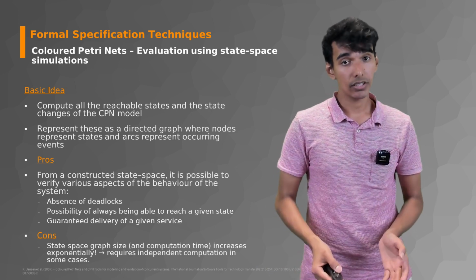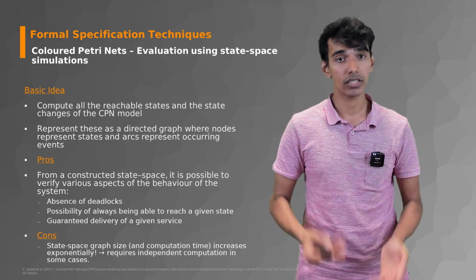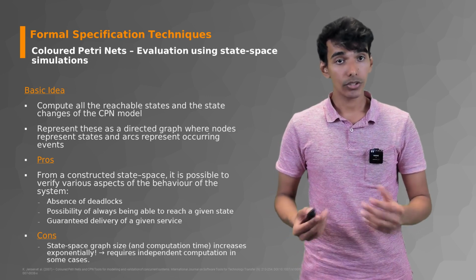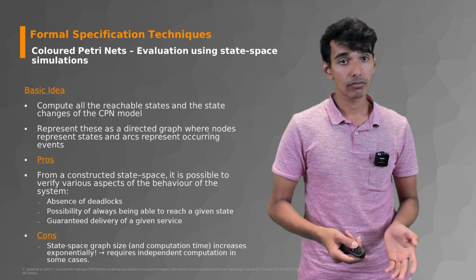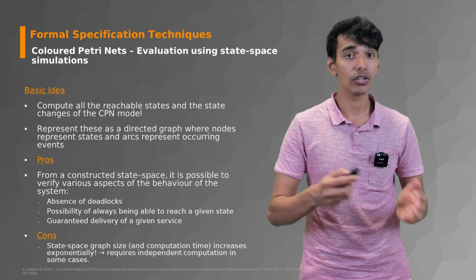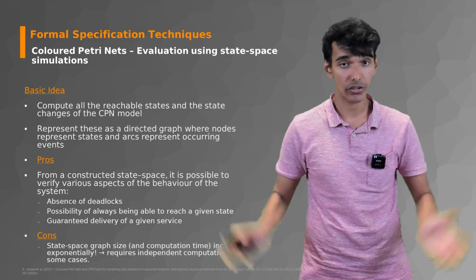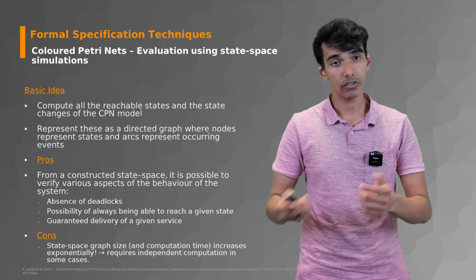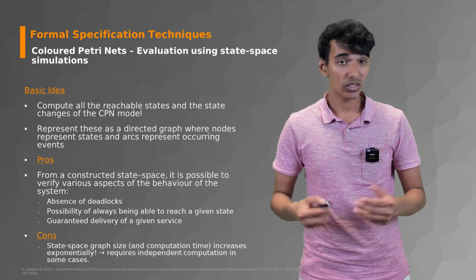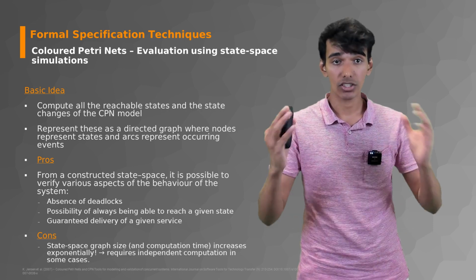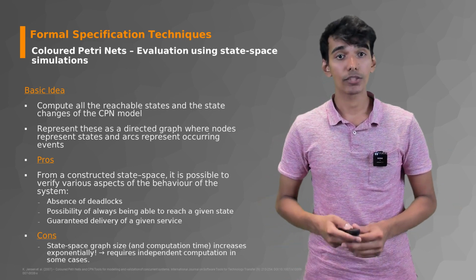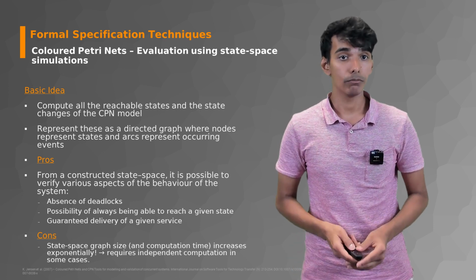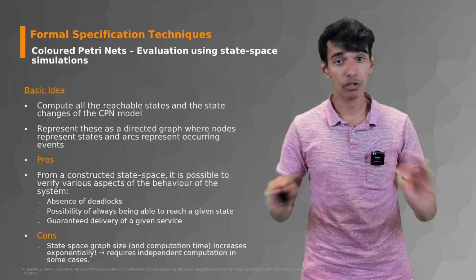The basic idea is to compute all the reachable states and all the state changes of the CPN model. What we do is we represent every single state in a directed graph where the nodes represent the states of the entire CPN model and the arcs represent the occurring events. The benefit of this is that from a constructed state space, it's possible to verify various aspects of the system. For example, you might be able to know if it is ever possible to have a deadlock